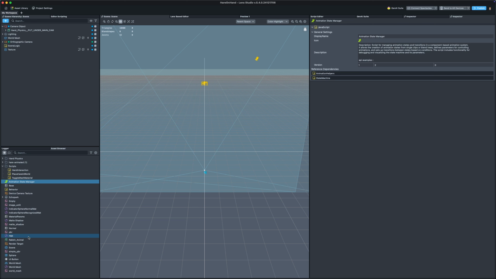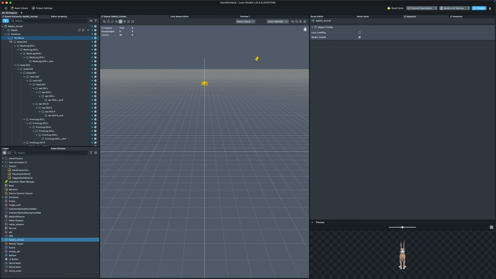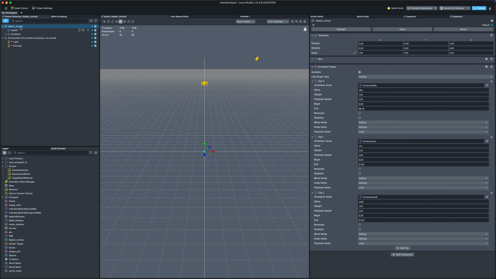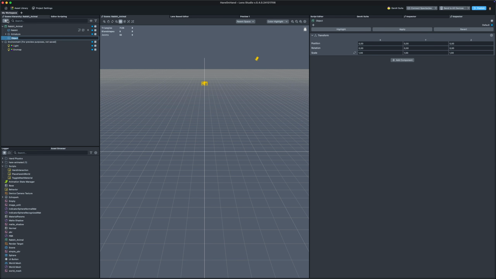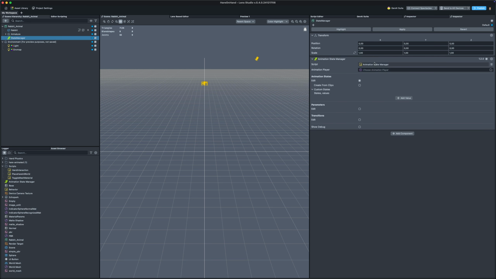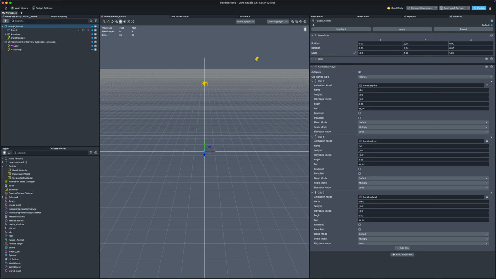So then we want to go into our rabbit animal, and let's collapse these here. And then we want to go onto the rabbit animal, click plus and create a new scene object here. And I'm going to call this state manager. And then as a new component, we want to add the animation state manager below. And then we can already see that at the parent object, we do have an animation player with all our